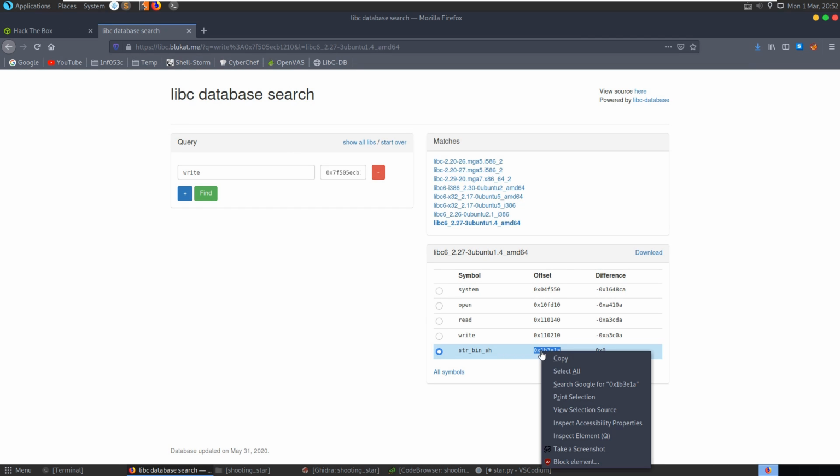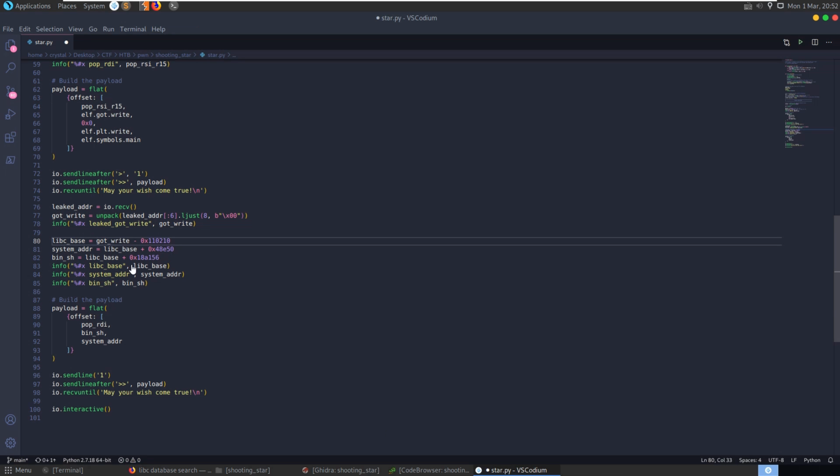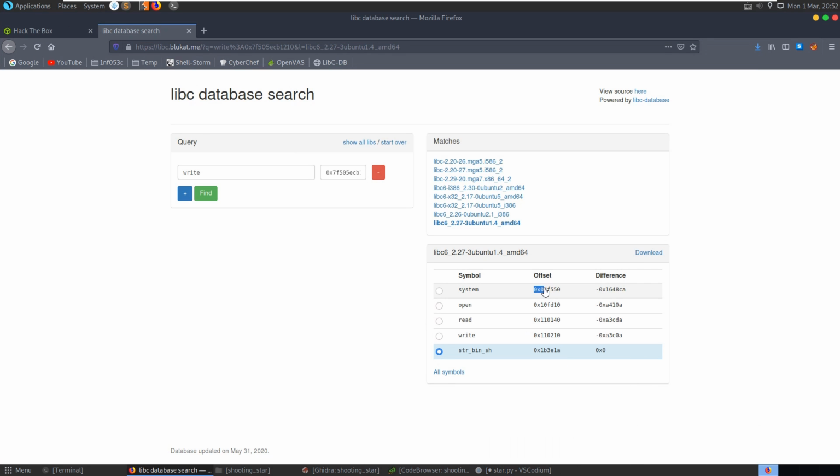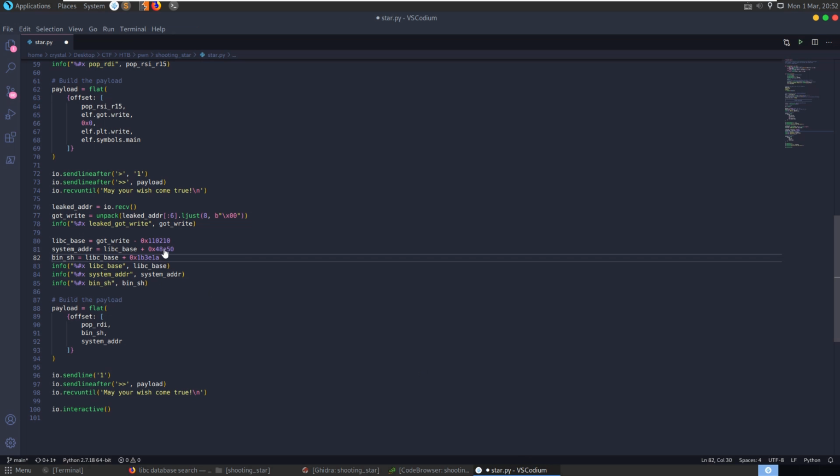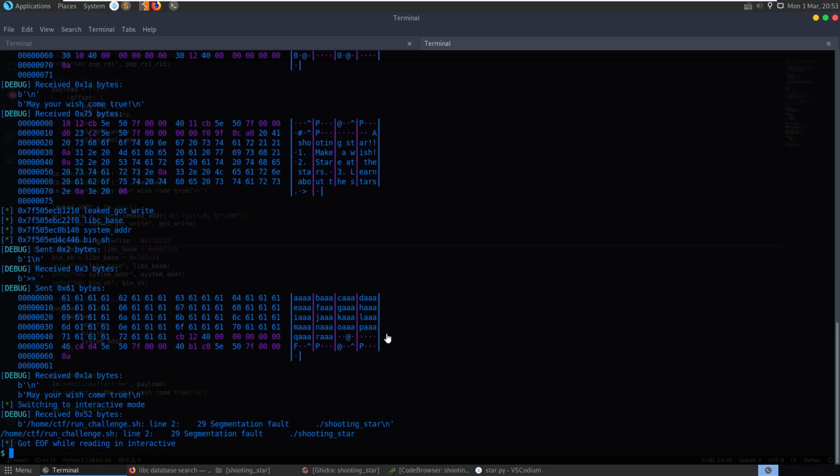There's our bin sh string, so we can grab that as well, and this is the correct offset to bin sh. And what else? The system as well. So let's grab system, we'll copy that, and we can paste this in here. And now if we try to run this again,